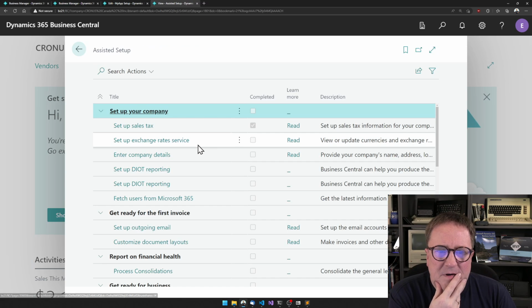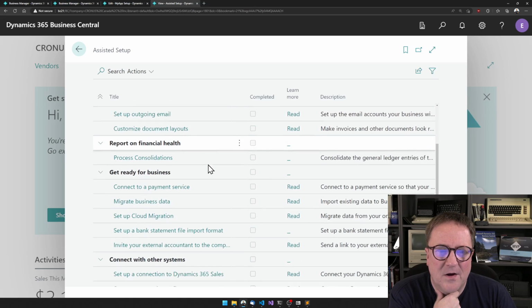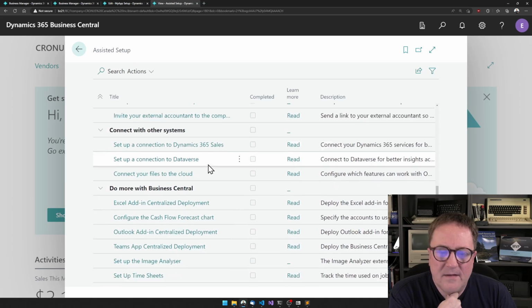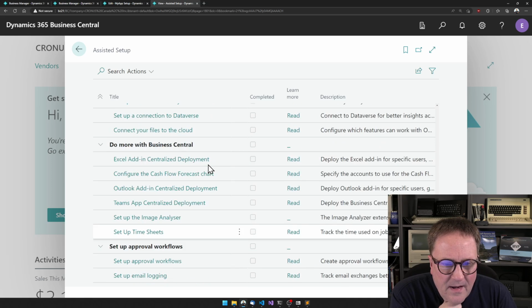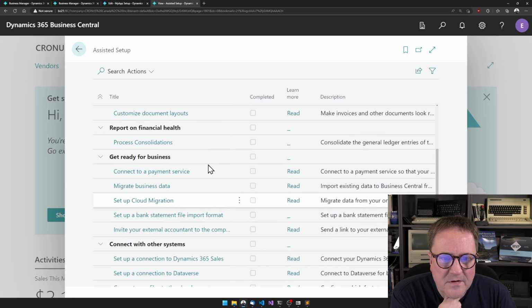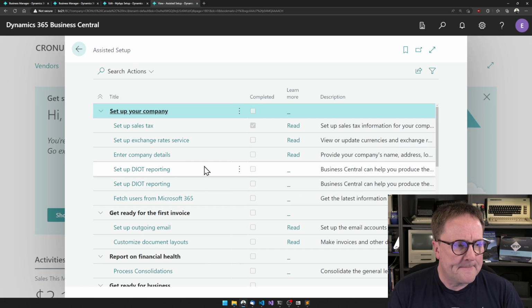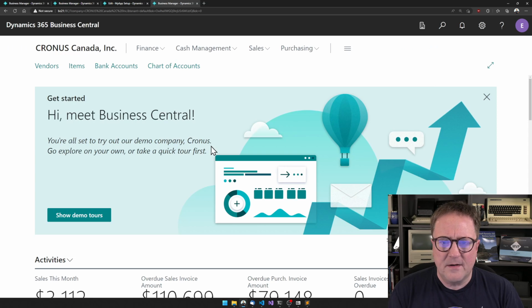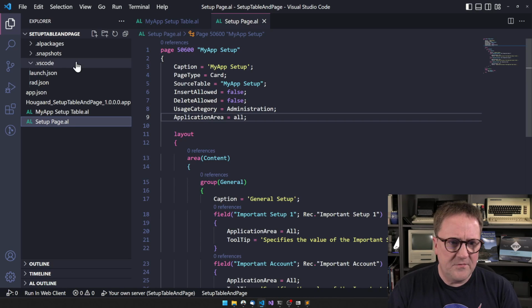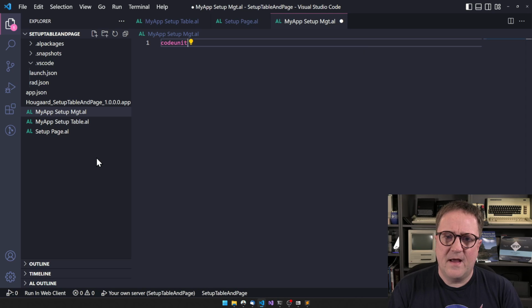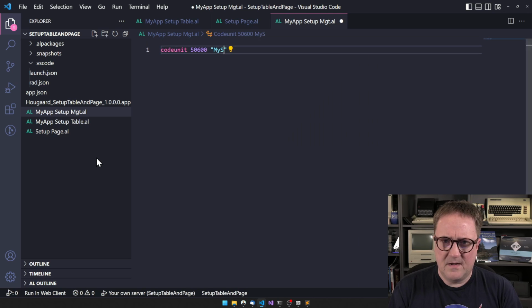Here we can see that there's a bunch of stuff that is lined up, and let's see if there's any apps that have actually put anything in. I'm not sure there is. No apps have done anything on this container, but we can do that. So we can create a new file. My App Setup Management, and that is a